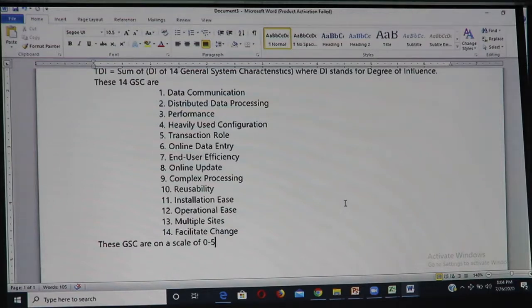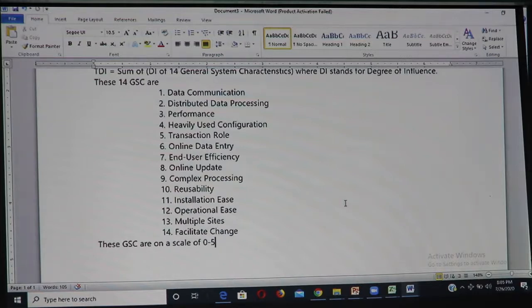So these are the 14 general system characteristics. Online data entry, end user efficiency, online update, you can immediately make out from the description itself. Reusability, is the code going to get reused? Installation, is the installation going to be easy or difficult?